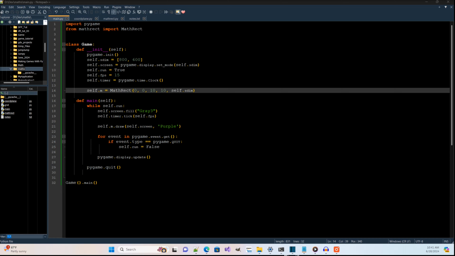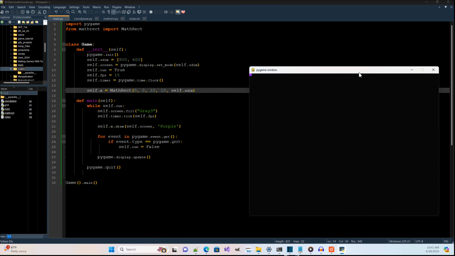So we've got a 10 by 10 square up in the corner, but you'll notice that it's all the way up in the top left corner, and it's not down in the bottom left corner like you would be expecting. And that's what I was talking about earlier with the y-axis being flipped. And so we're going to have to correct that. And so if we go back into